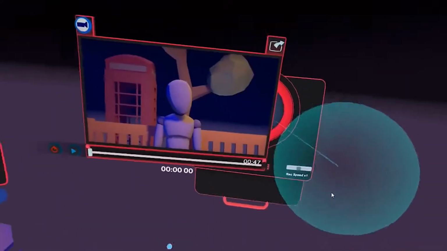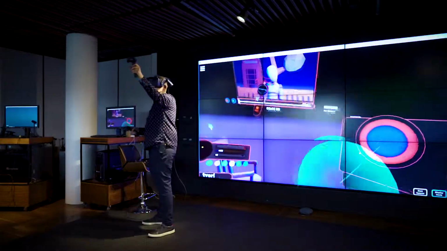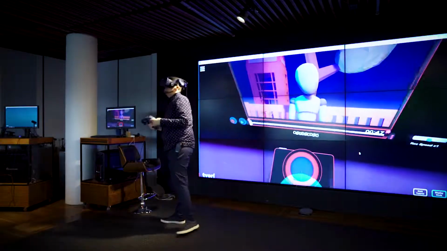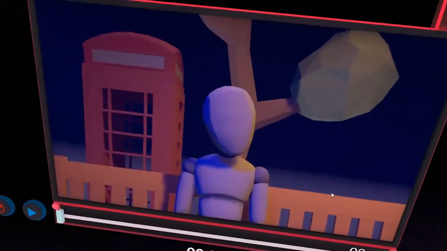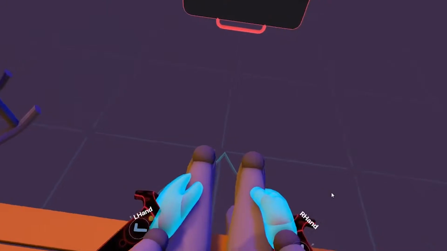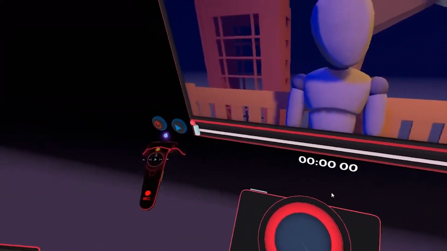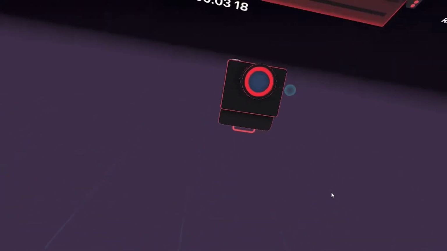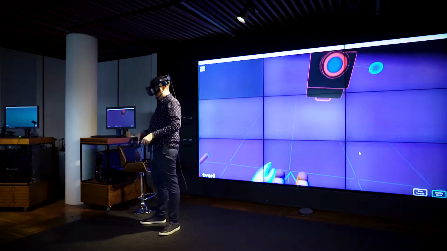Real-time animation means that as I move, I'm going to move my monitor up there and make it bigger, so it's very much like stop motion or puppeteering in the way that you can see the monitor and act that. I can see the camera moving, and I'm going to grab his hands, and as soon as I grab his hands, it's going to start recording. So I'm going to grab his hands